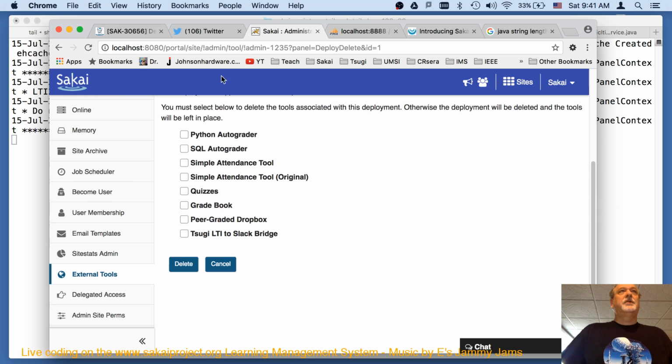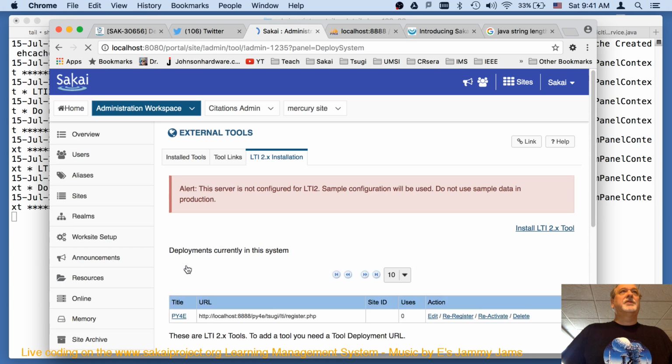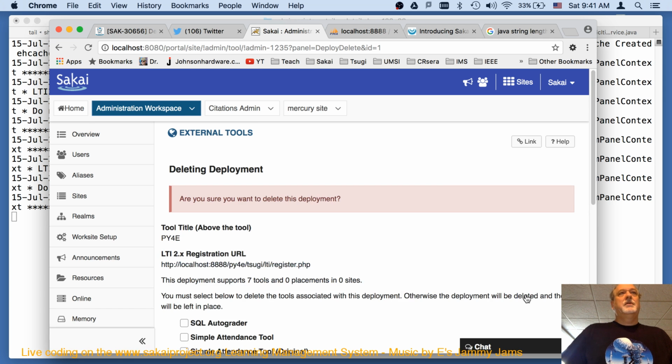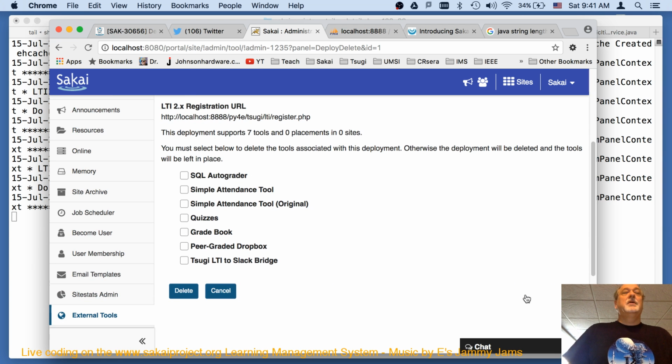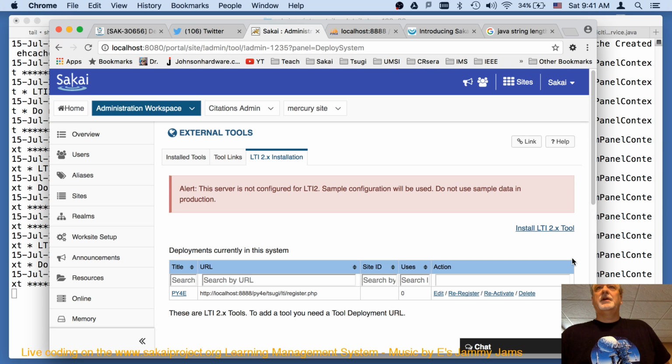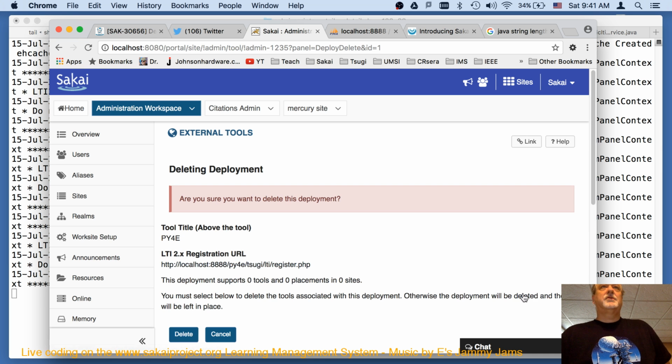Okay, so let's get rid of one more of these things. Remember, I've got the entire thing suppressed. Let's go delete again. That one's gone. Okay, so now what I want to test here is what happens when there are no tools left, because I think that text is just still going to show up. So I just wiped out all those guys. So there are 0 uses of it. And so I need this to hide when there are.